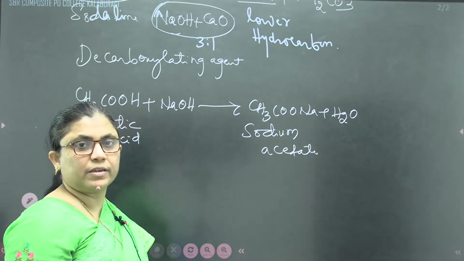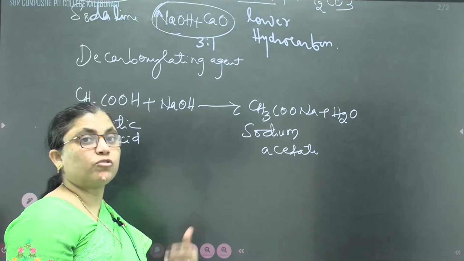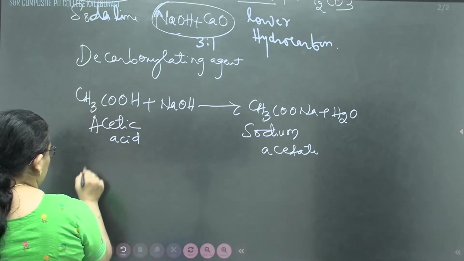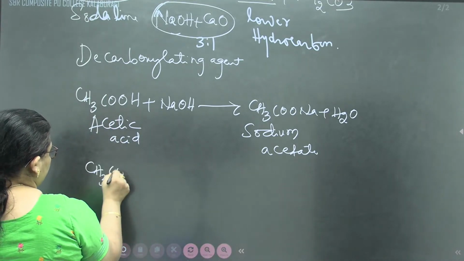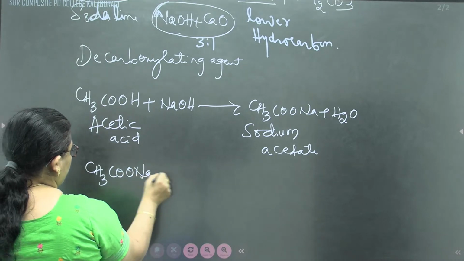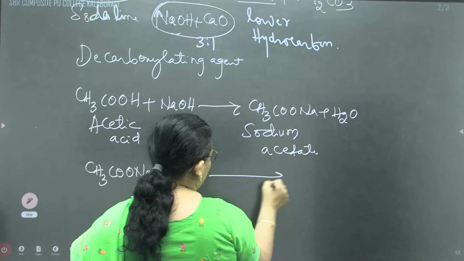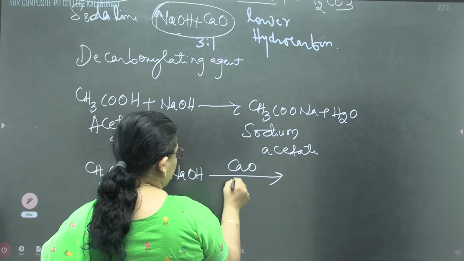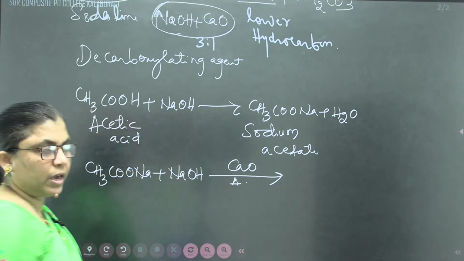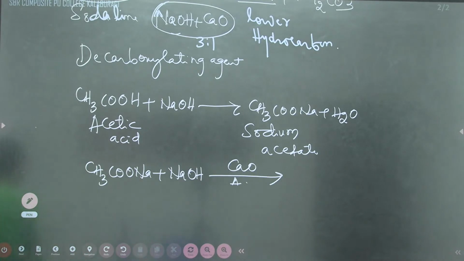This sodium acetate is fused with the mixture of soda lime, sodium hydroxide and calcium oxide, by heating. By heating the mixture of sodium acetate and calcium oxide, we are going to heat it